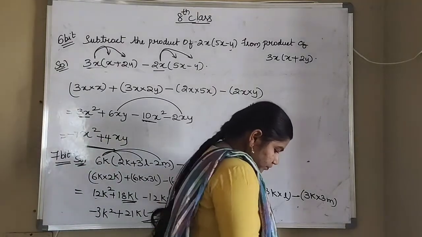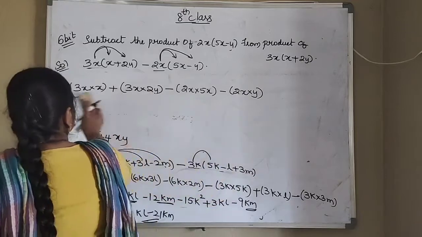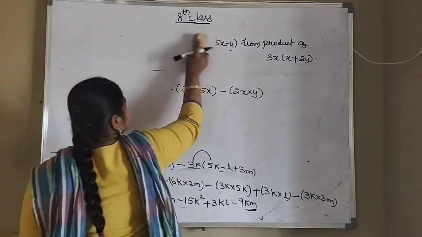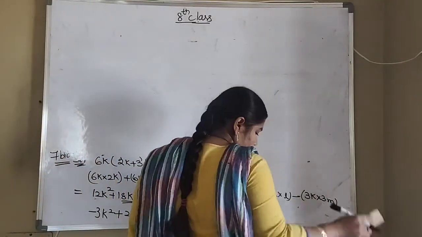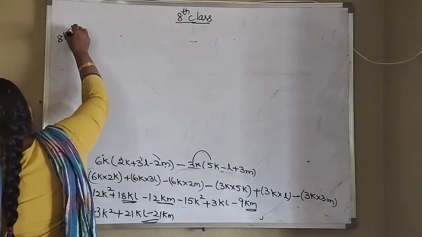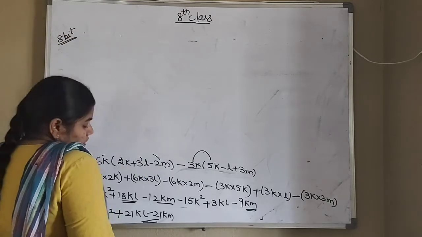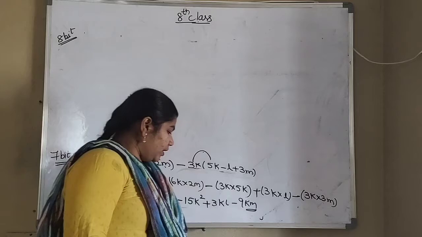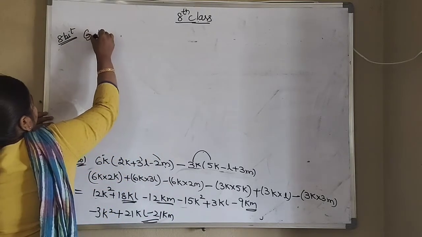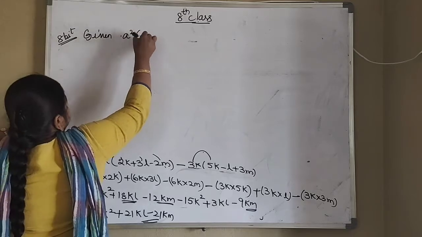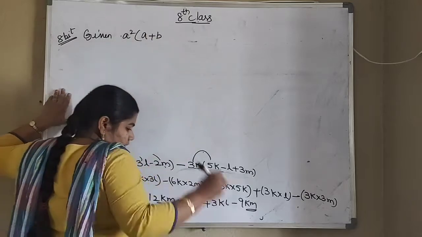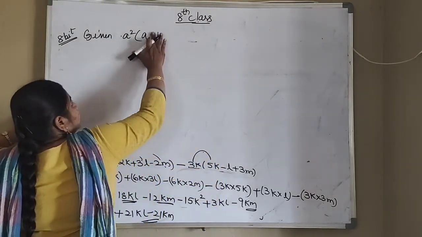Next is the last bit in this exercise. So what is the last bit? Simplify. We have to simplify. So what is the question? Given that a square into a minus b